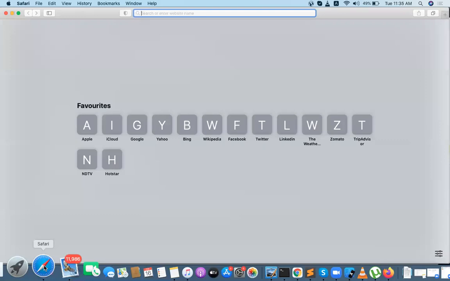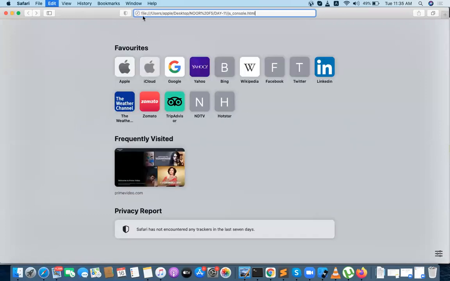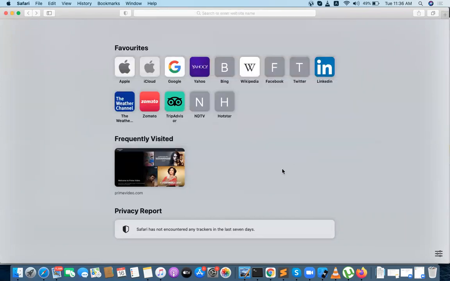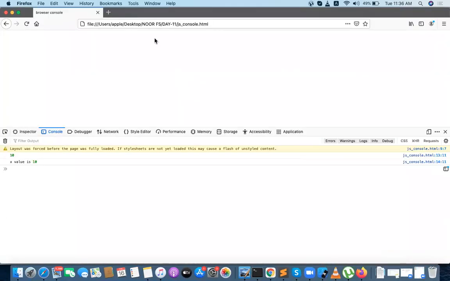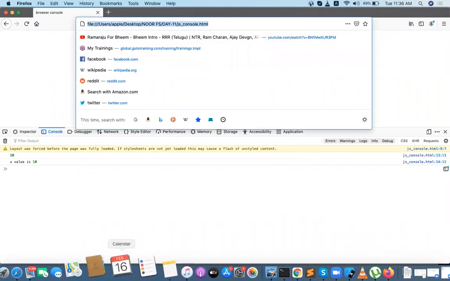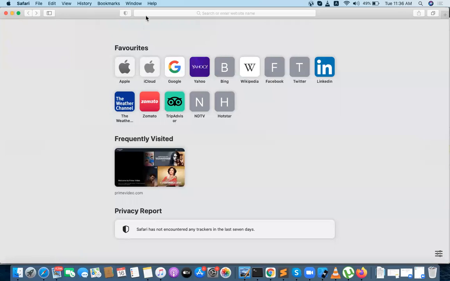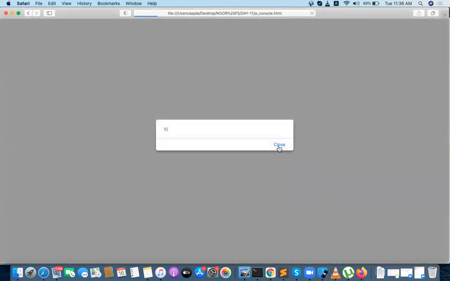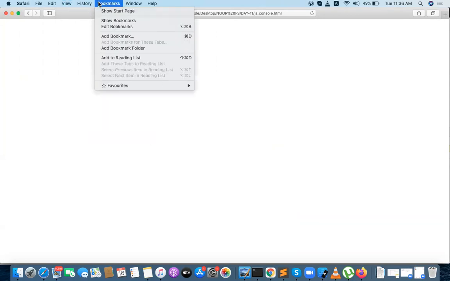Okay, for Safari also I will show. If you are working with Safari on a MacBook, that is a different concept. Copy, open in Safari. Then this alert is different, right? This is Safari. And for Safari, where does the browser console go?